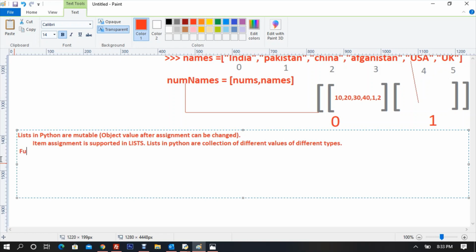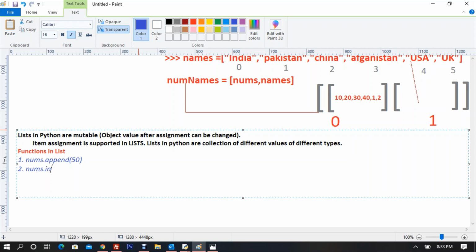And some of the functions in a list which are most important. What are those important functions in a list? I'll just give you an idea of what they are. The first thing that I have shown you is nums dot append, so you can say 50. And what else have we seen? Number 2, we did see